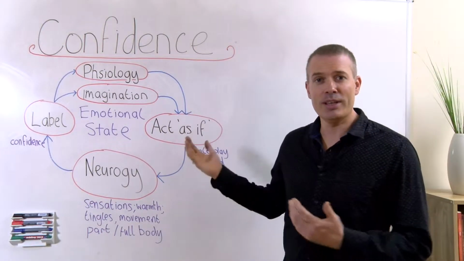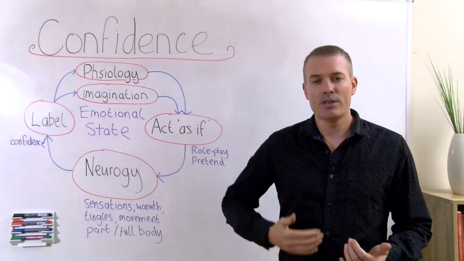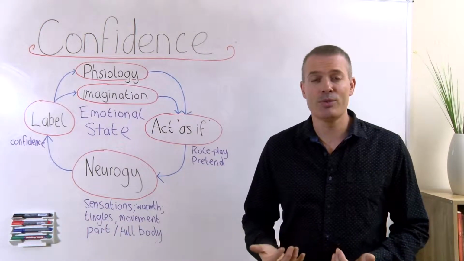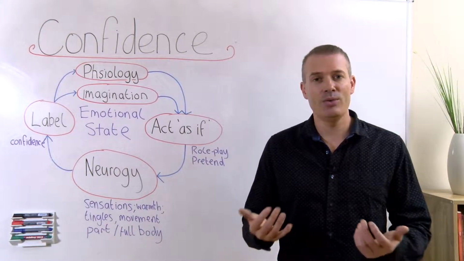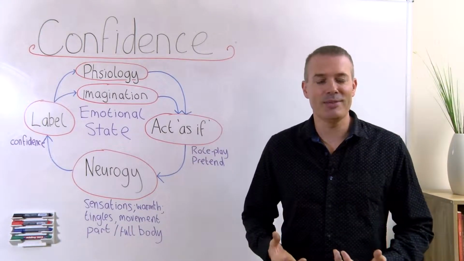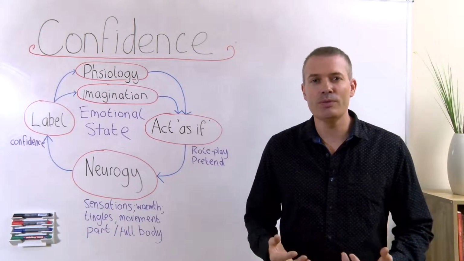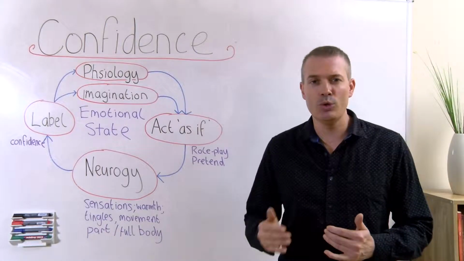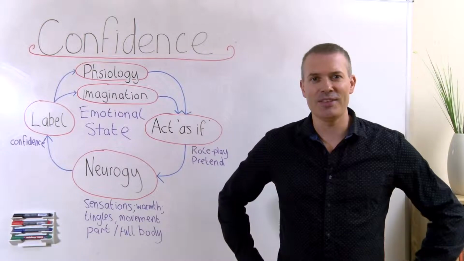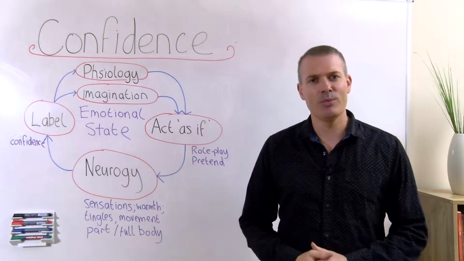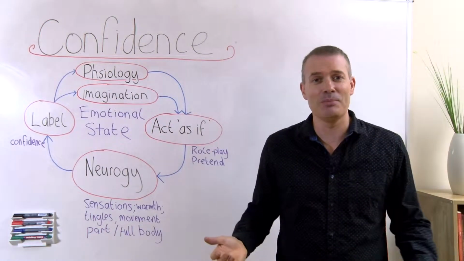So anyway, like I said, we have two paths, physiology and imagination. So when it comes to physiology, I am of course talking about how you use your body, how you stand, how you move, how you breathe, what you're doing with your facial expressions. And the feeling of confidence will have its own blueprint of physiology. So for you, maybe it's standing like this, or maybe it's something a bit more subtle, or maybe you're doing the hero pose. I don't know what it is, it doesn't really matter.